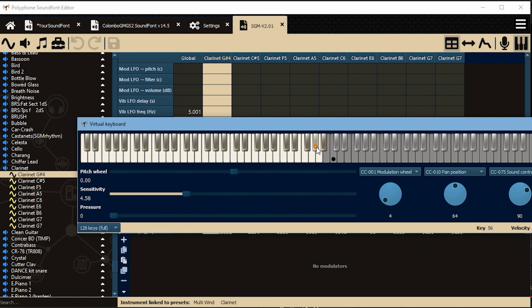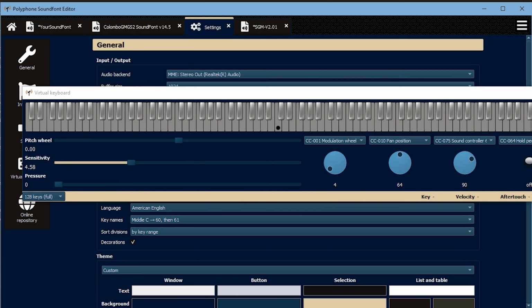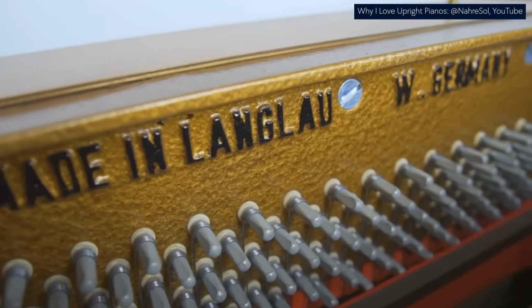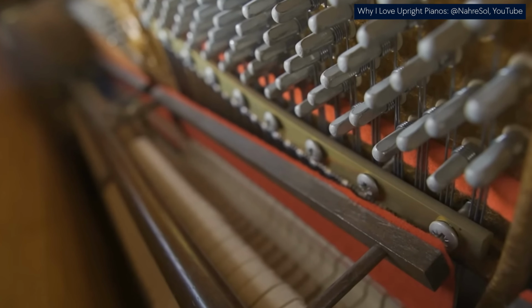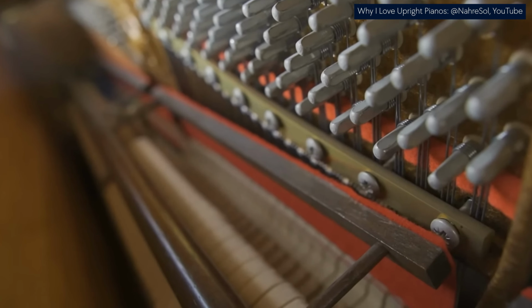Now we can move to the lower section that is saying no modulators. I was planning to cover modulators in a different episode, but as I don't know much about it, I think I can skim through them like this. A modulator is a link between two unrelated parameters. By default, the note on velocity not only affects the volume of the sample, but also a little bit of filtering. A softer tone is considerably a little more damp than its louder version. Especially real pianos are such mellow when we are playing them quietly. That's what the default modulator setting is tweaking.